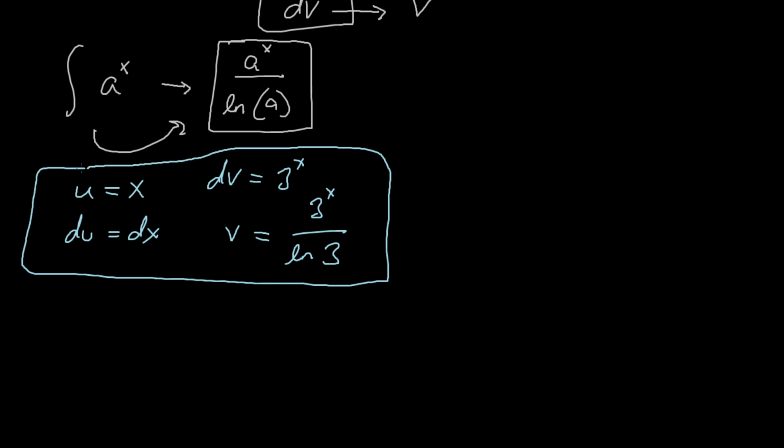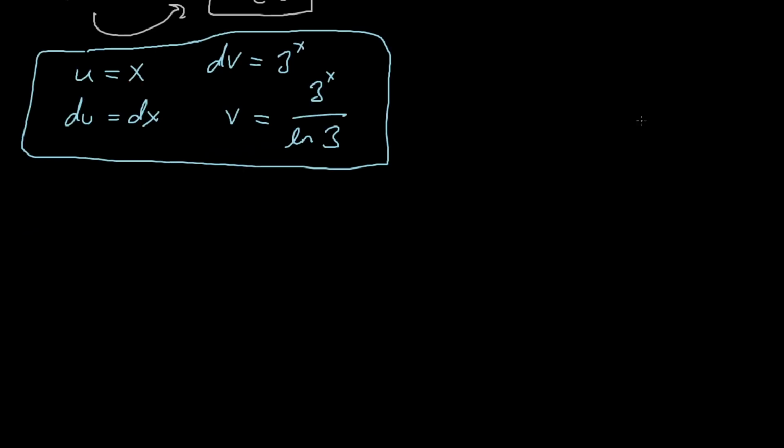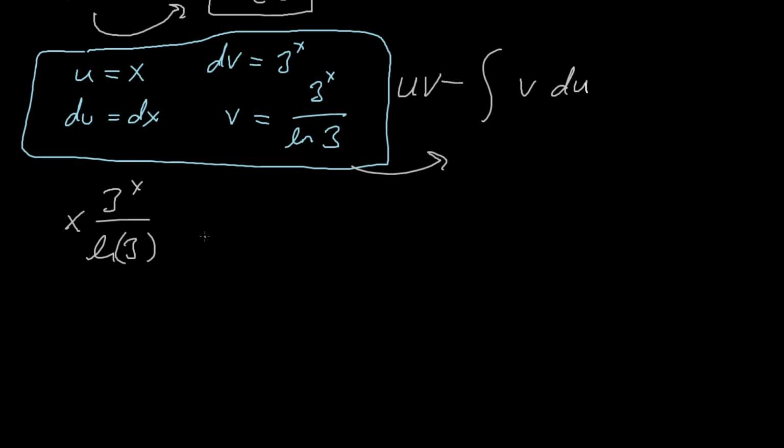Okay, so now that we have these, we're all set up to do integration by parts, and we just need to recall our formula, which is going to be u times v minus the integral of v du. Okay, so let's take these terms and plug them in. So u times v will be x times 3 to the x over the natural log of 3 minus the integral of v du, which will be 3 to the x divided by the natural log of 3